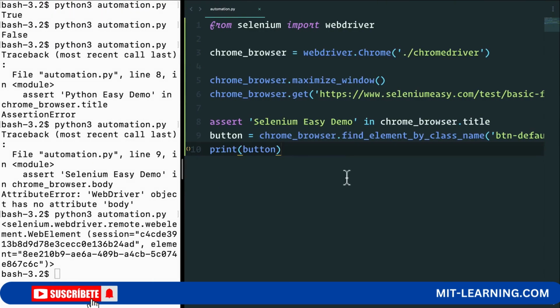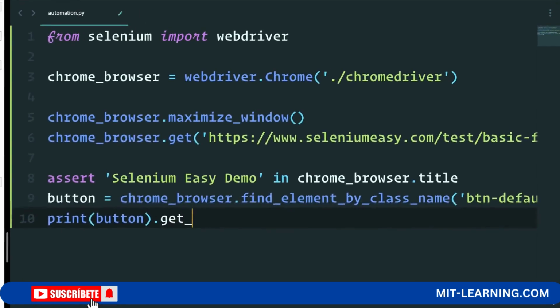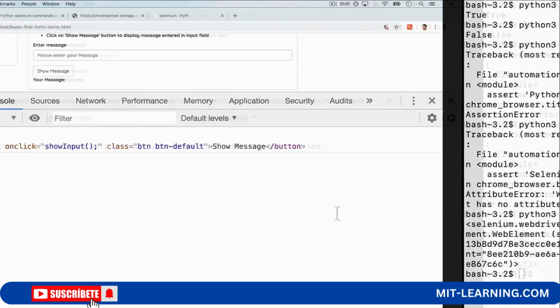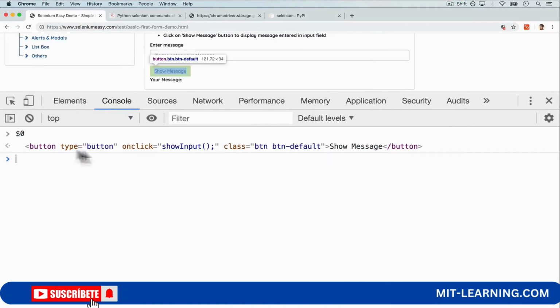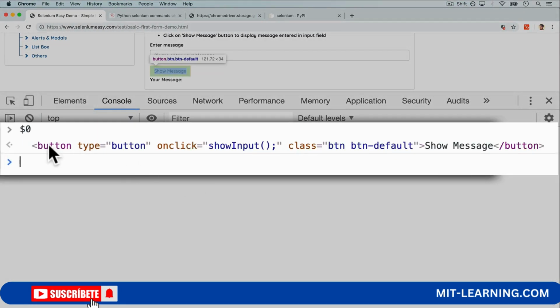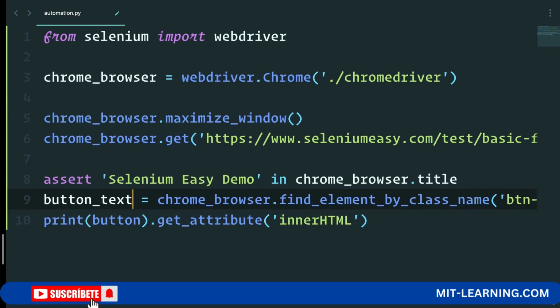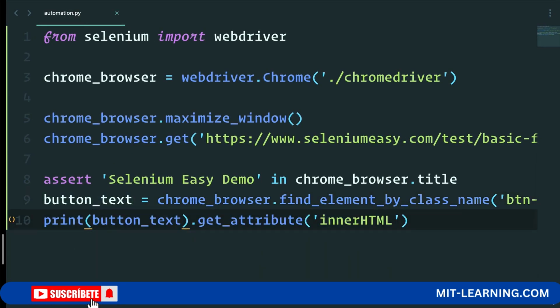Now in here, there's different ways that we can interact with it. One of the ways is to say something like get attribute and an attribute called inner HTML. Now, inner HTML is simply going to grab whatever is inside of this HTML, which is the button, and then you can see over here that the button's closing. So we want to grab the show message. If I do something like this, let's say we call this button text, and we print the button text. If I run this,